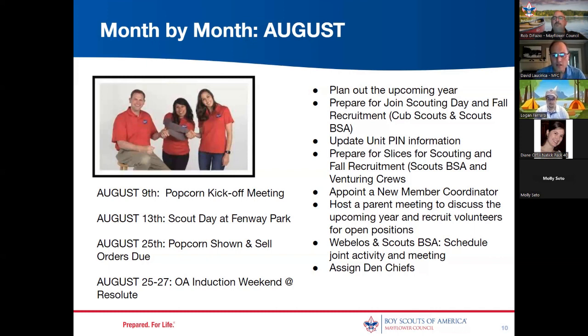It's also the information that will be given to them when they actually submit an application, so they can get a little bit of information about what your unit is, where you meet, when you meet, what your dues are, what the dues cover, that kind of thing. So it's very important to have that updated before joining day. A lot of times we'll find some pins that still have outdated Cub Masters in there, or if you have a new member coordinator, their contact information is out of date, or you have changed the URL for your website, and it's still pointing to an out of date site.